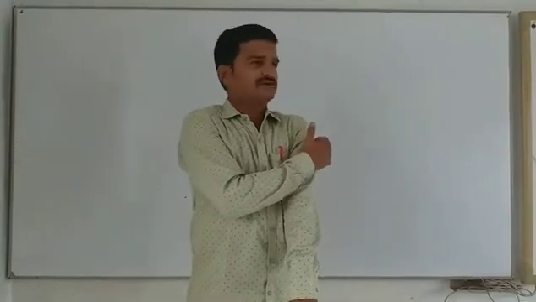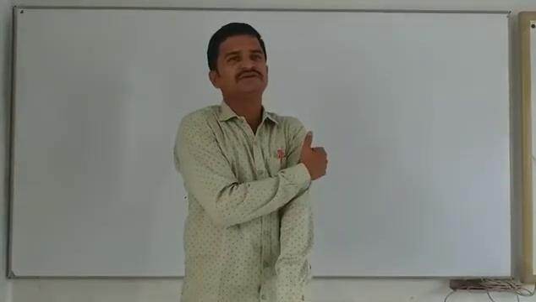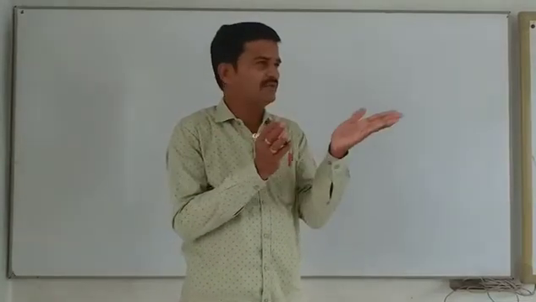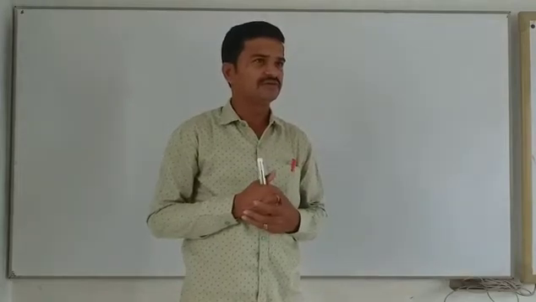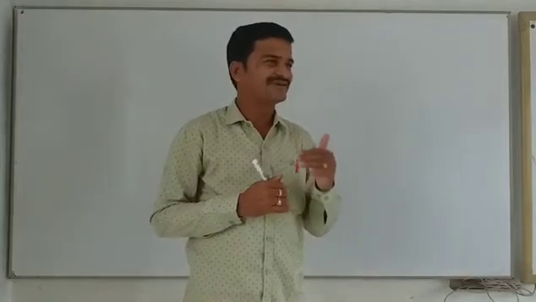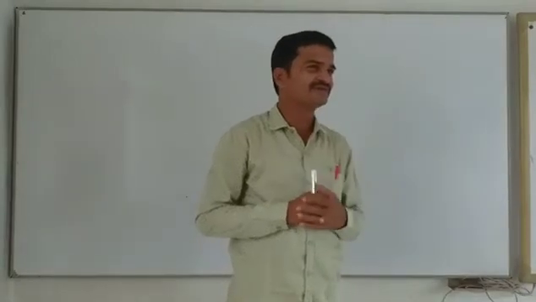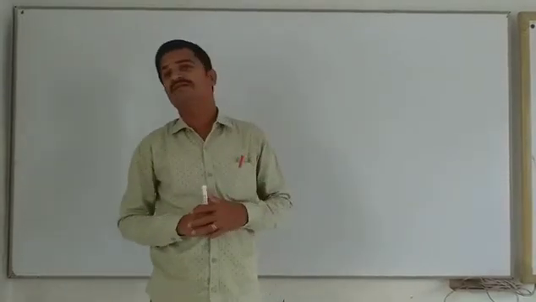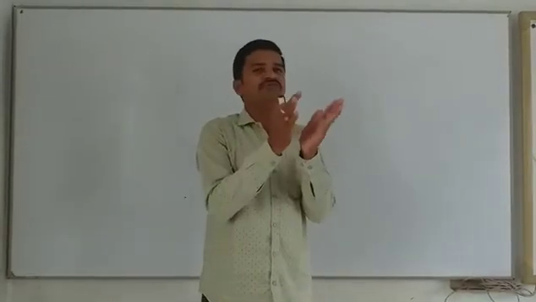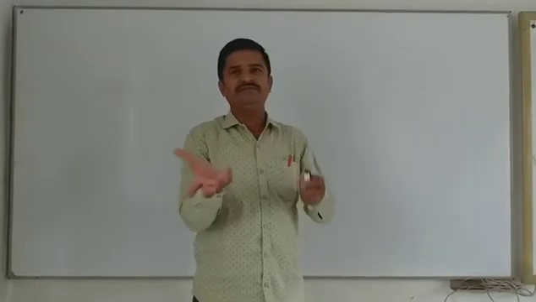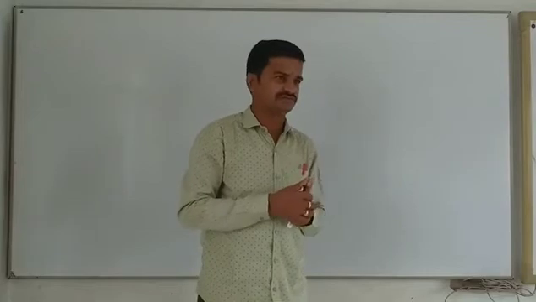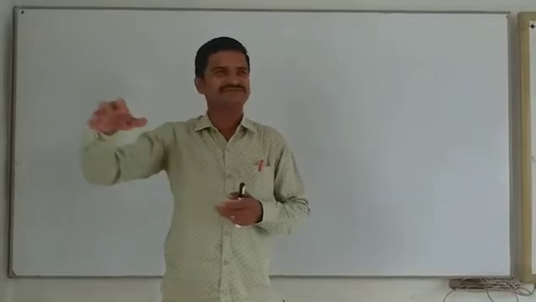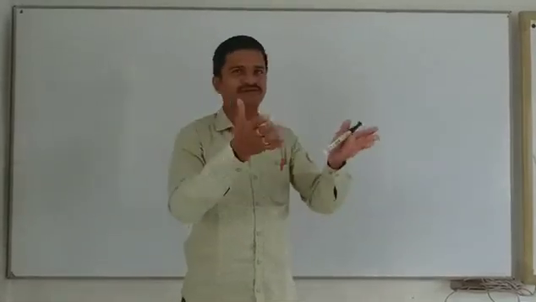So in the previous two classes, we have learned how to solve a quadratic equation by using the factorization method. And one more concept also we have discussed, that is how to form a quadratic equation based on the given situation. It means the product of two consecutive numbers is something, and how to solve it. We have prepared the quadratic equation or not?